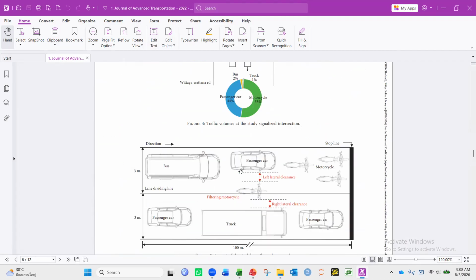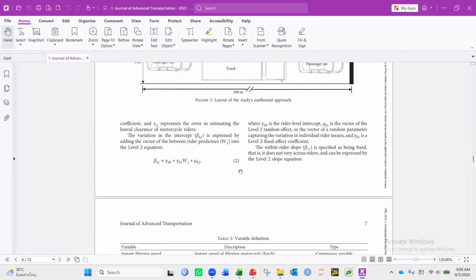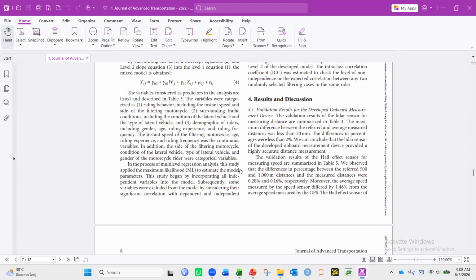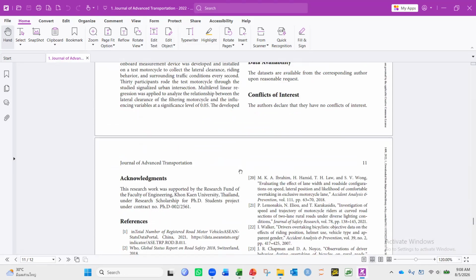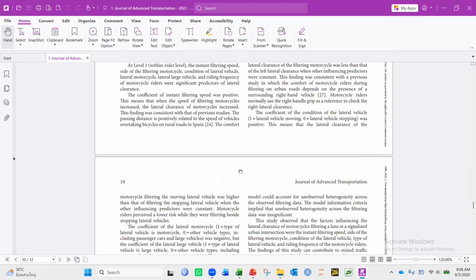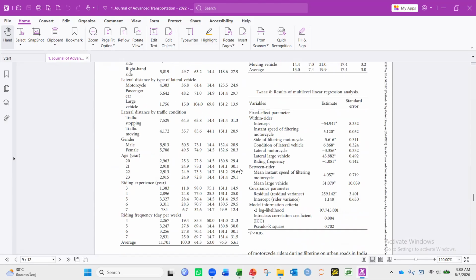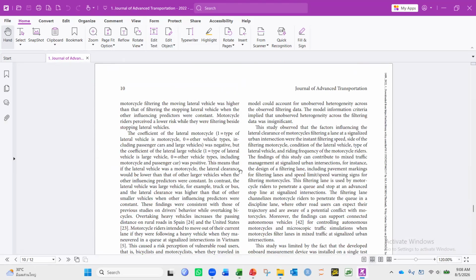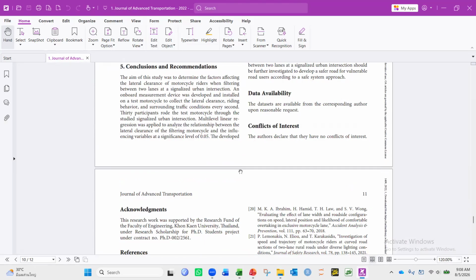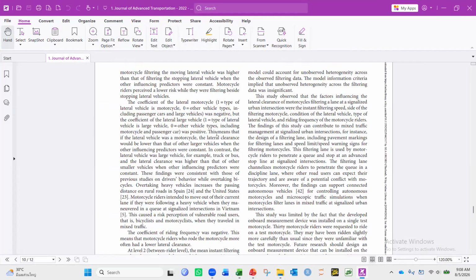And we can see the layout of the study and the results, and they make some discussion regarding vehicle, especially motorcycle, behavior in a signalized queue. They discuss the topic. If we look at the discussion, especially in case of a motorcycle running inside of a